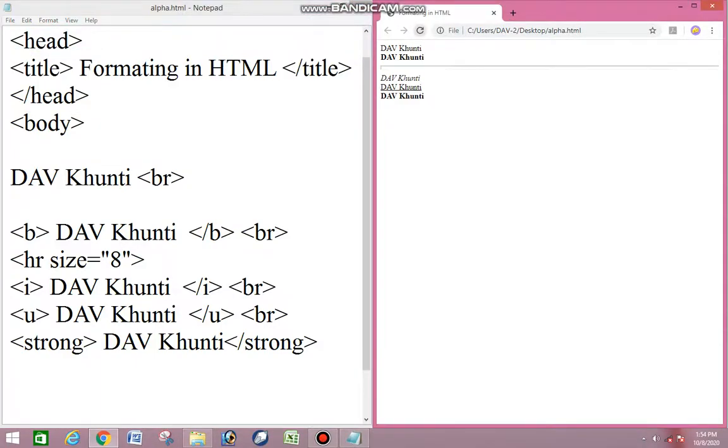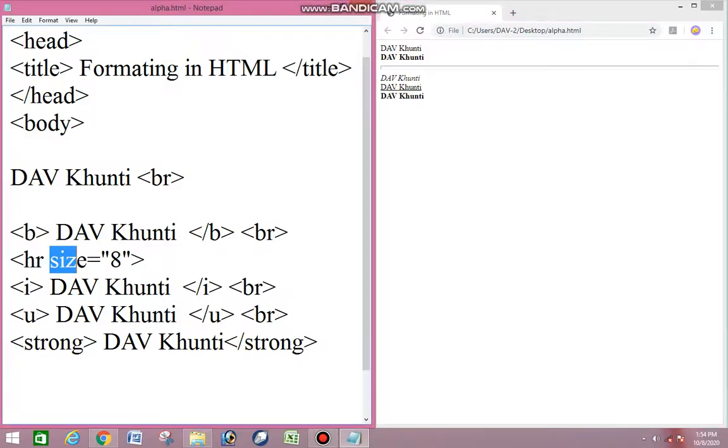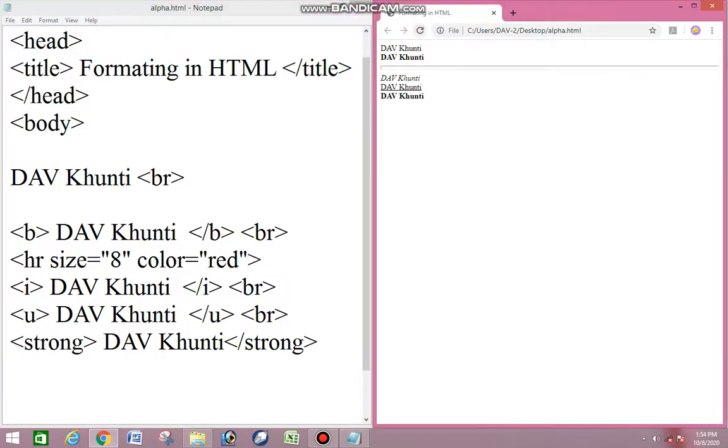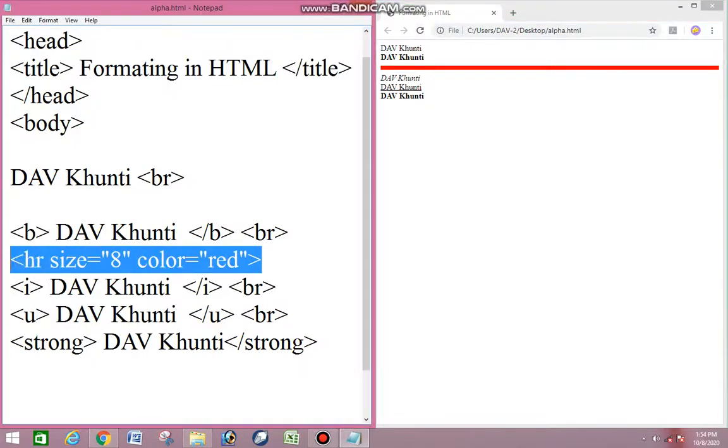You can see thickness. You can see we can change the thickness of HR, a horizontal rule line, by using size attribute. Okay, color red. Okay, you can see color is red.